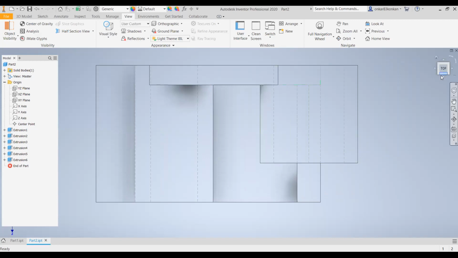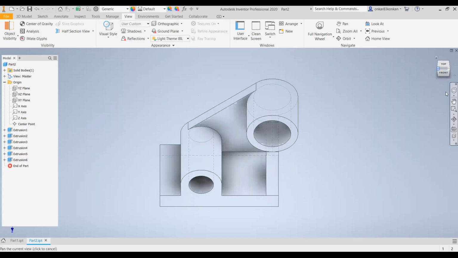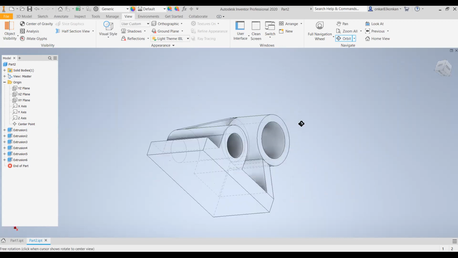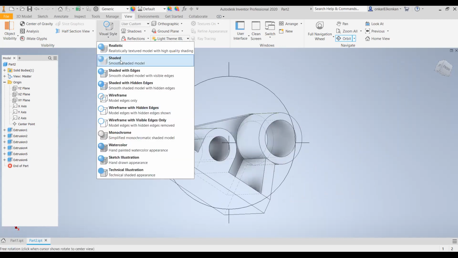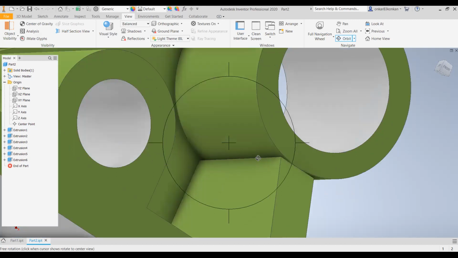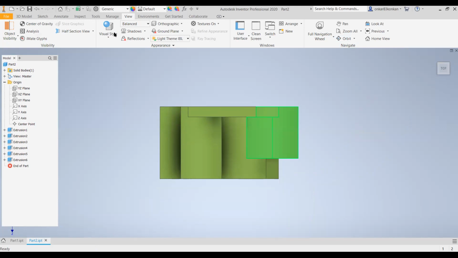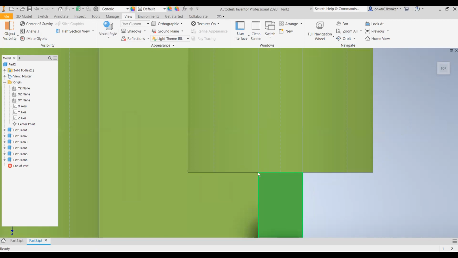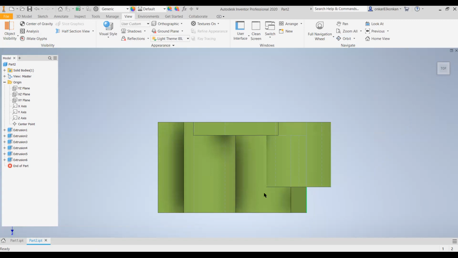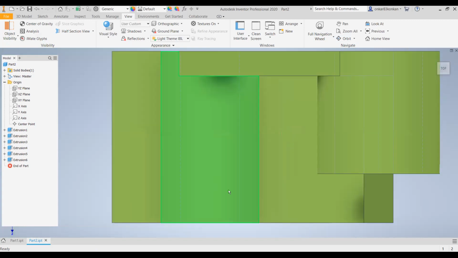So in three dimensions, you can observe these 2 edges are hidden from the top view. If you observe from the top direction, then these 2 edges will be hidden. This is the first hidden edge and this is the second hidden edge for the rib. And here you can observe the hidden edges. They are for the hollow cylinder.